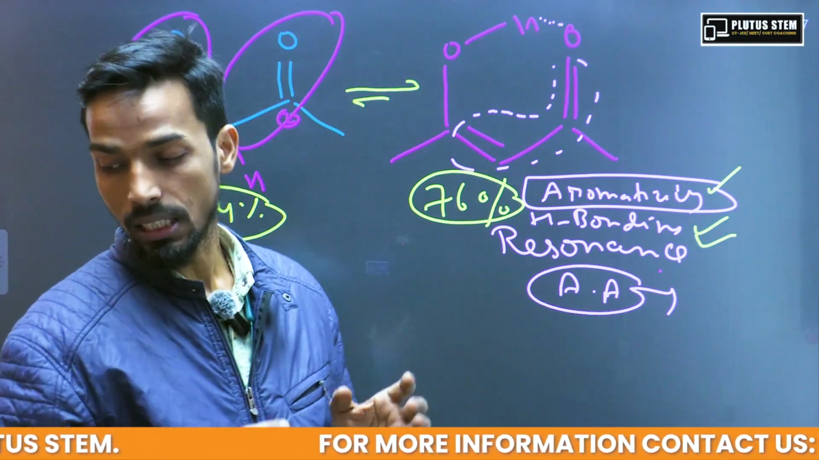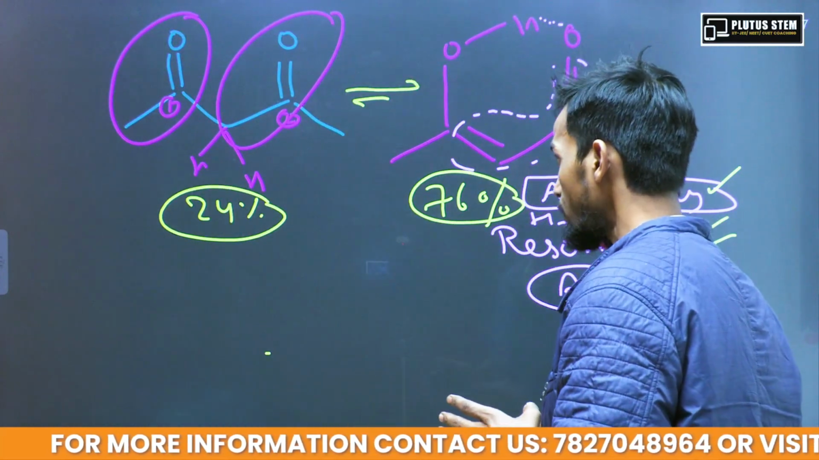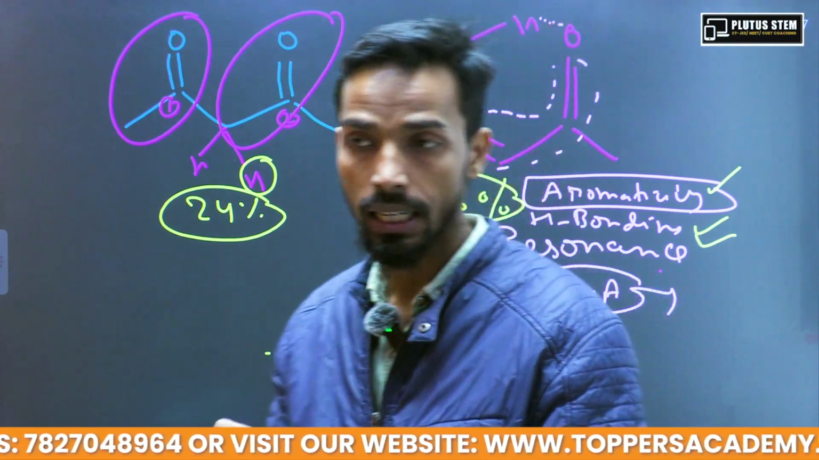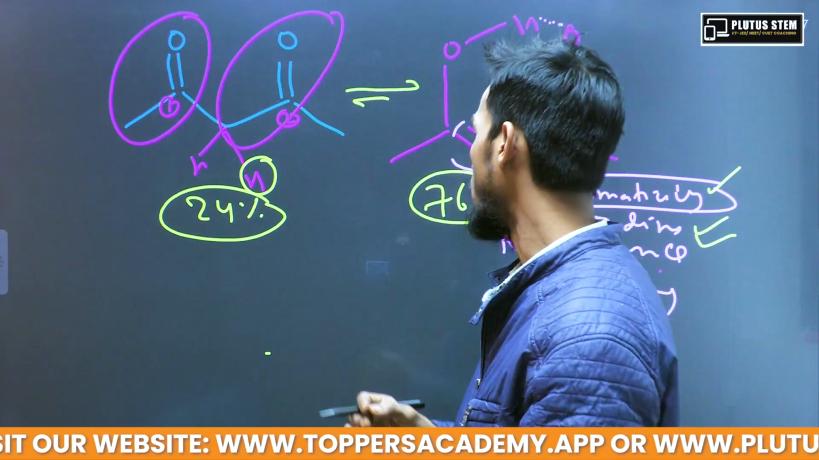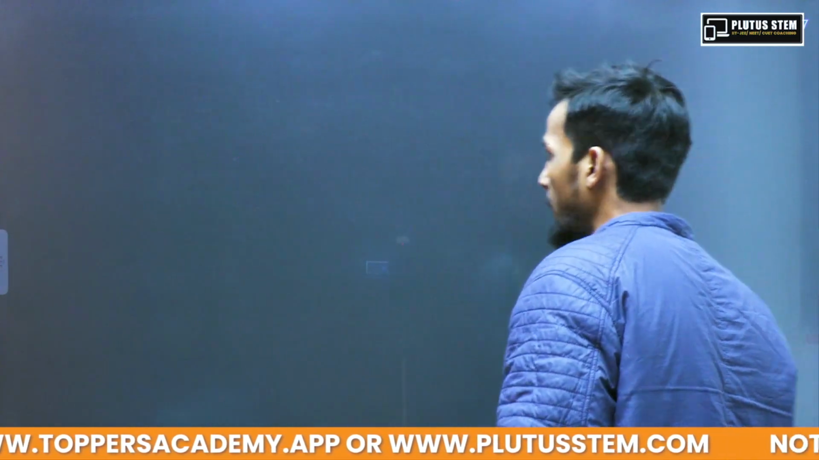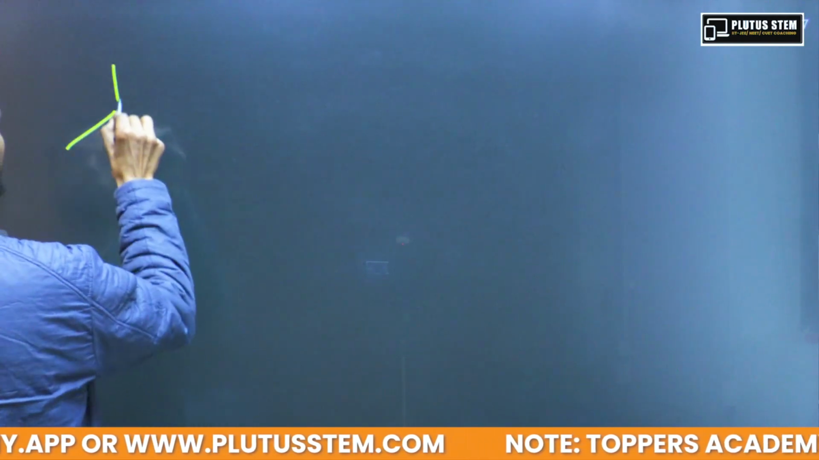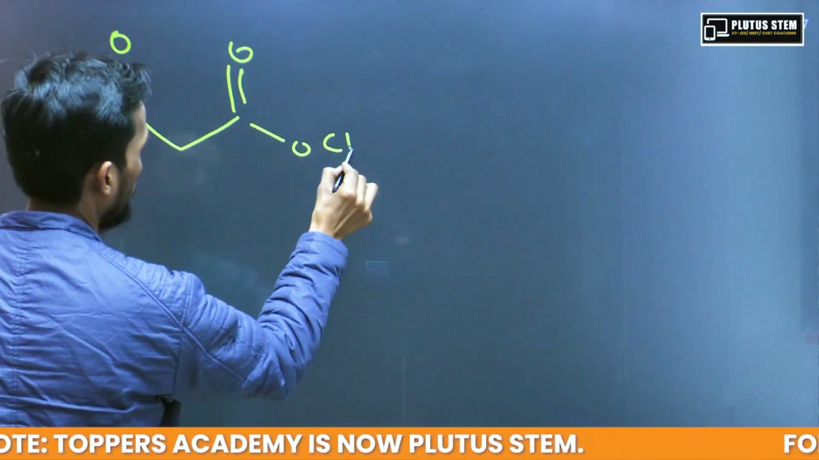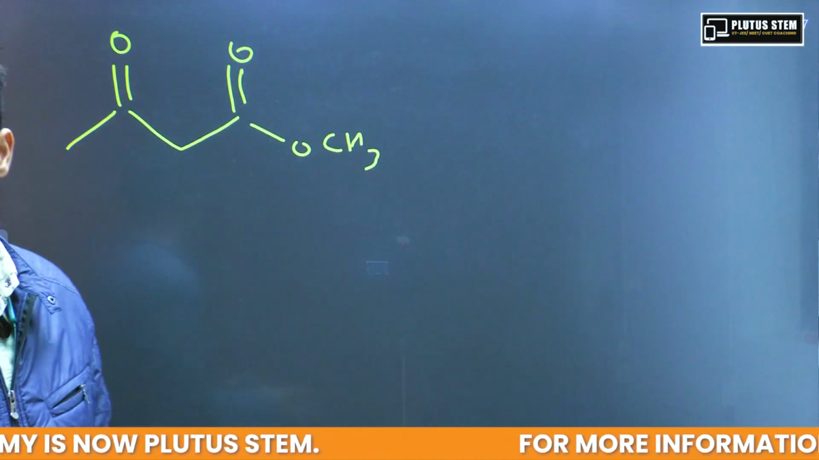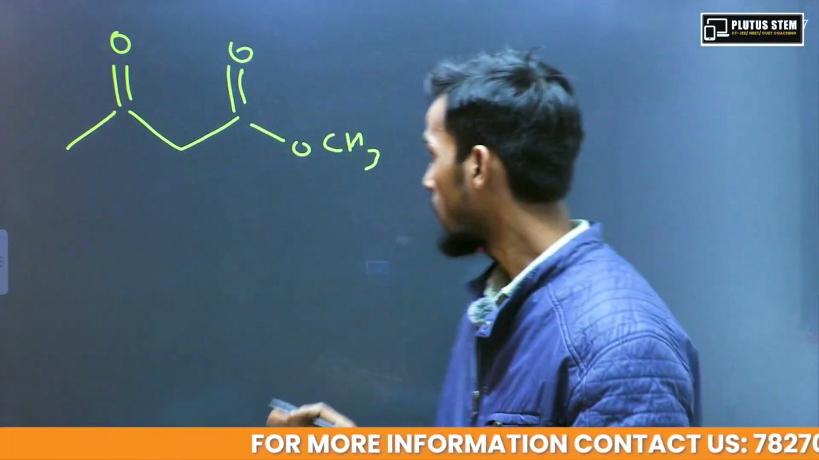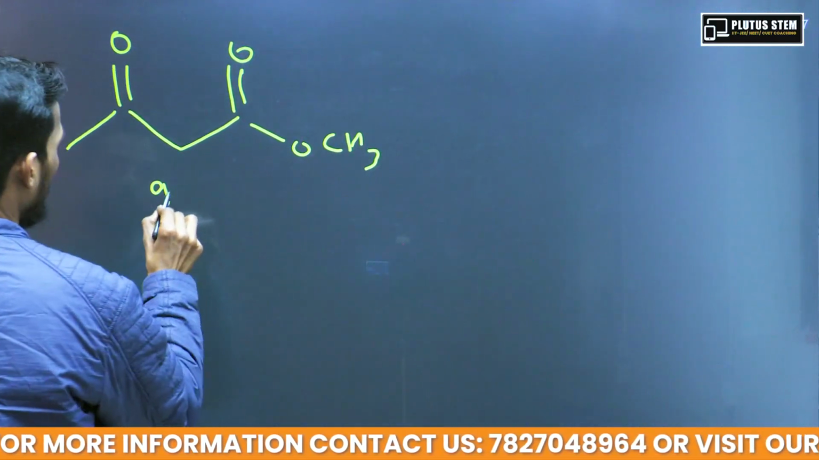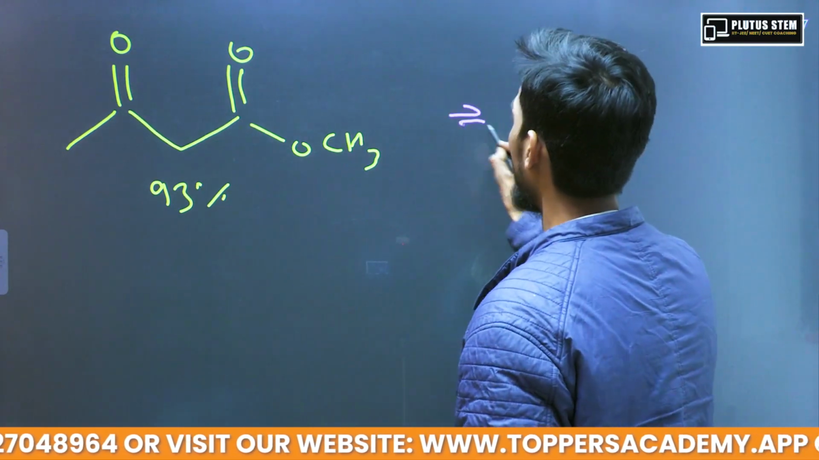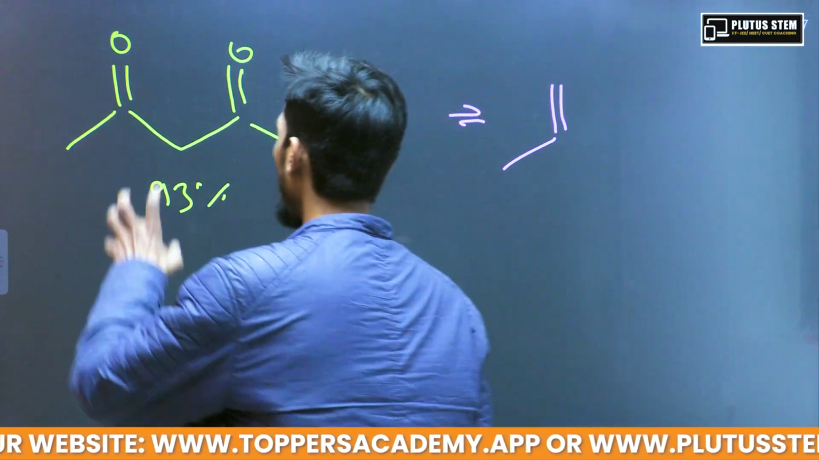And if we see a similar type of example, because this is also an electron withdrawing hydrogen, this is more acidic. That can be taken very easily. But if we take a similar type of example, then we will see this is 93%. This part is 93%, and the enolic form of this, you can expect how much it is going to be,